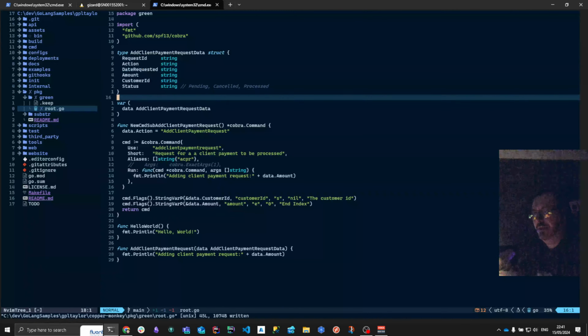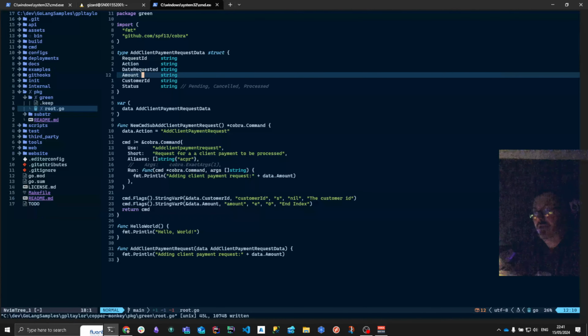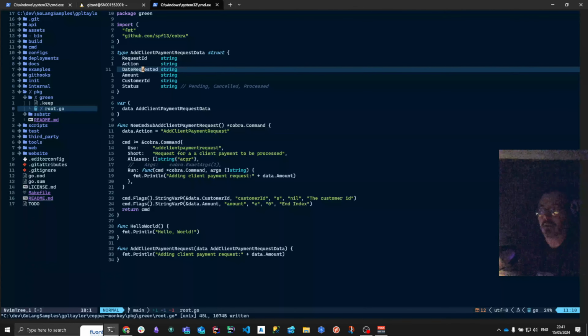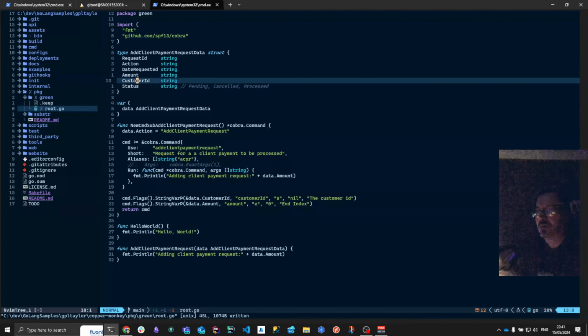Action is the type of thing that we want to do. I'm not sure whether that's going to be needed at the moment. Date requested, it's useful, right? The amount, it's obviously going to be a float. Customer ID,